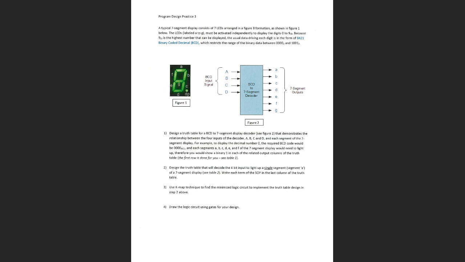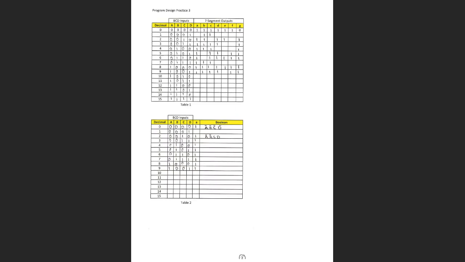Number 2 says, design the truth table that will decode the 4-bit input to light up a single segment A of the 7-segment display. Write each term of the SOP in the last column of the truth table. So that's what I was showing you here, that we're only concerned with segment A. So I got rid of all the other columns, B through G, and I'm only looking at A. So once you fill this out, whatever your answers are for A, you migrate those down to this table, and then what you want to do is write each term